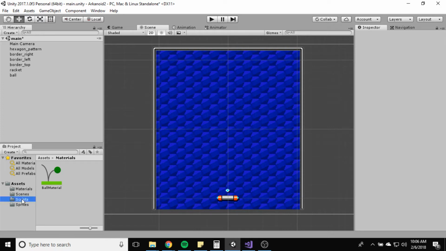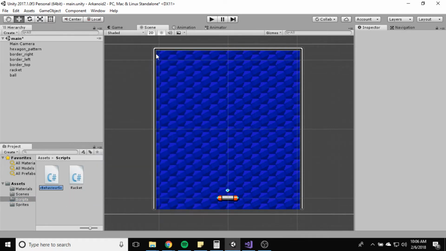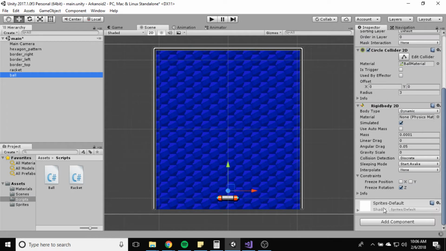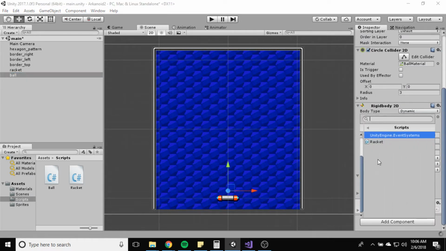So let's create a new script. So I'm going to go into my scripts folder, right-click, create new C# script. I'm going to call this ball. And I will go ahead and attach this to the ball object. So down here, add component, and script,